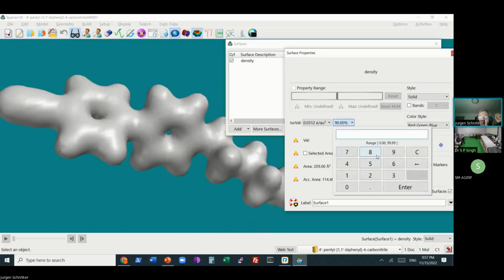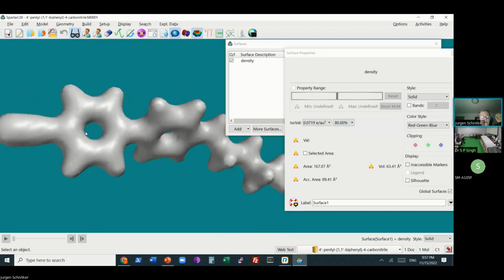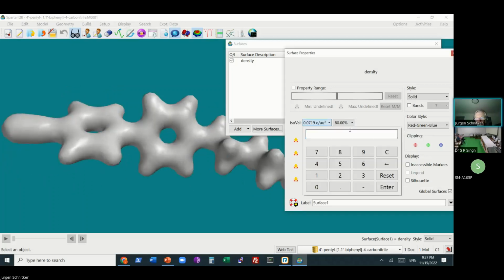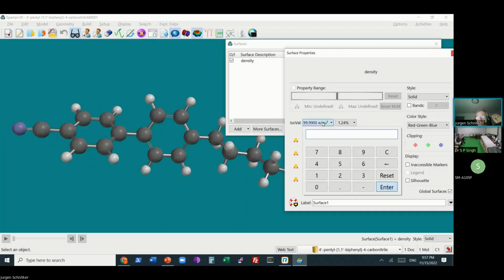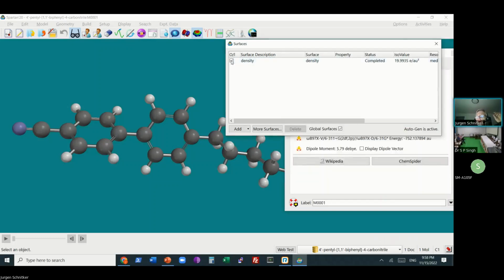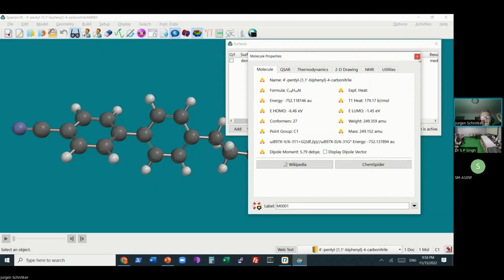If I do 80%, you see here, obviously, the two benzene rings. If I do 99.999, 99.99, I didn't want that, so it will do 99. Oh, I lost the, turn it off. Okay, so this is the electron density.